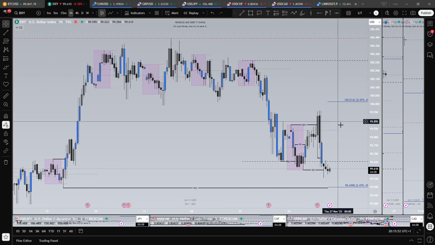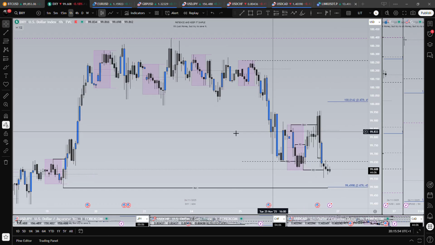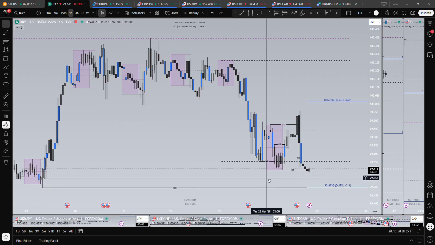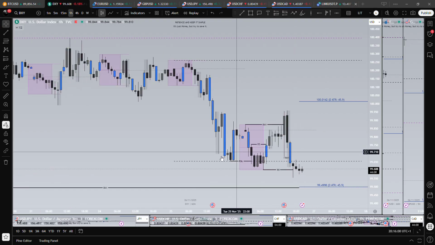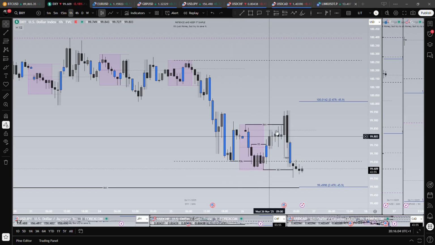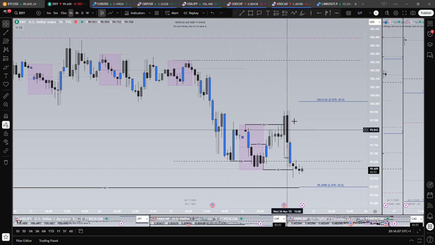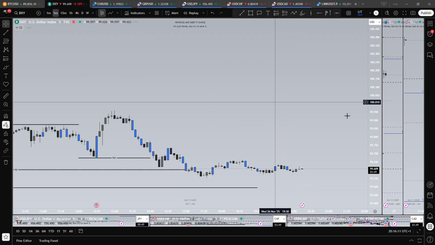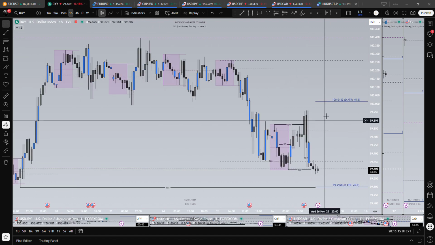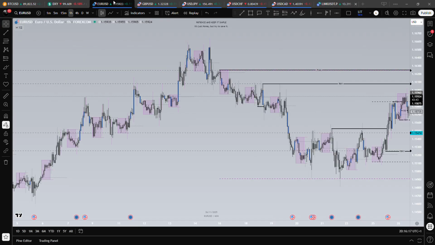Today, as always, we're gonna start with the DXY. We had this clear run liquidity in H1 down here, still, but today the price moved in a range, taking first the previous daily low, then going up to take the relevant liquidity on H1, and after that we could have looked for sells. So we could look for sells on the USD pairs and for buys on the other pairs.